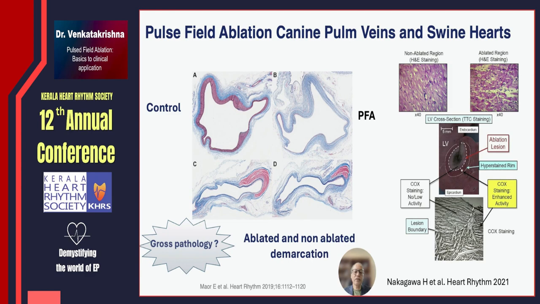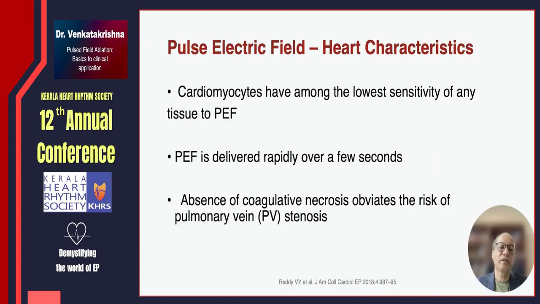What it means is unclear. Electrically, it may cause some form of stunning activity in this region as well. This needs to be studied in the long term to know what it really means. So PFA has an interesting characteristic with respect to cardiac myocytes, because cardiomyocytes have the lowest sensitivity threshold, and hence it can be very much titrated based on how much energy you deliver, and it can be delivered extremely fast. And because the risk of coagulative necrosis is absent, pulmonary vein stenosis is almost